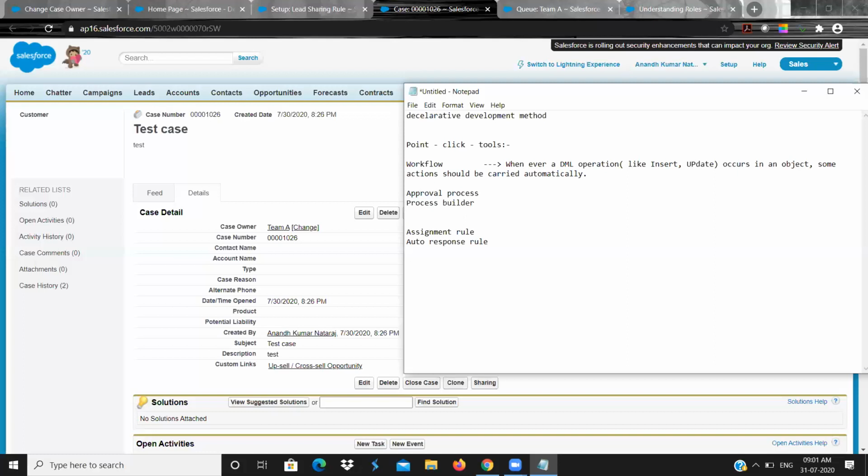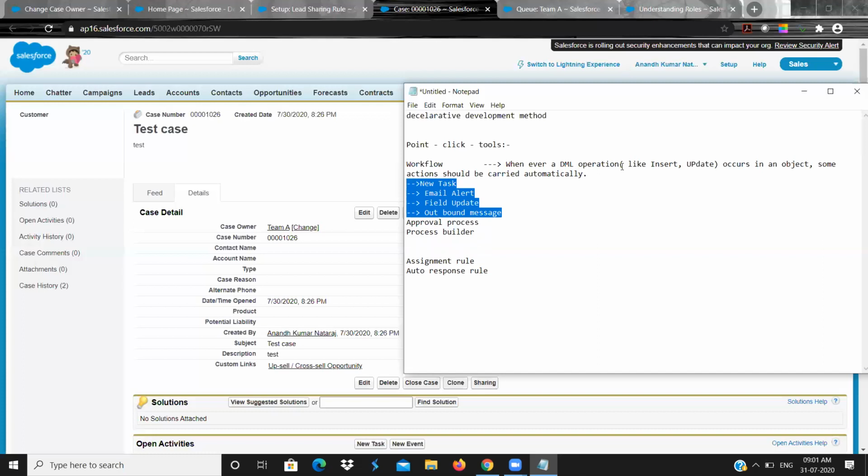So what are the actions? By default Salesforce provides 4 actions: new task, email alert, field update, and outbound message. These are the 4 actions available in a workflow rule.